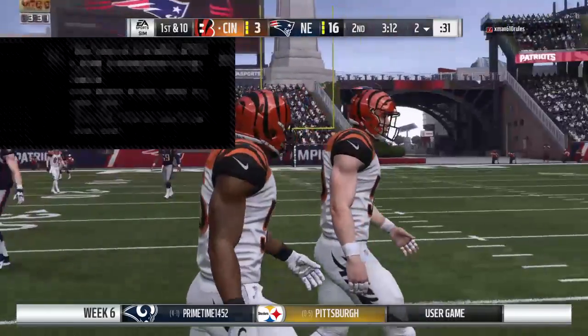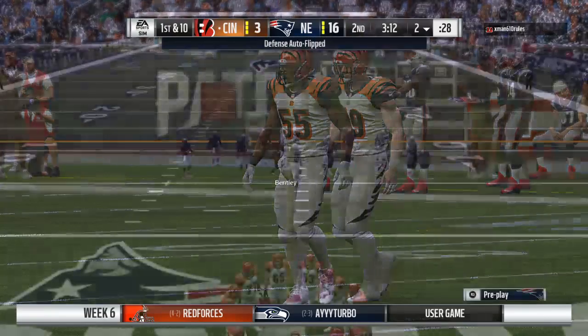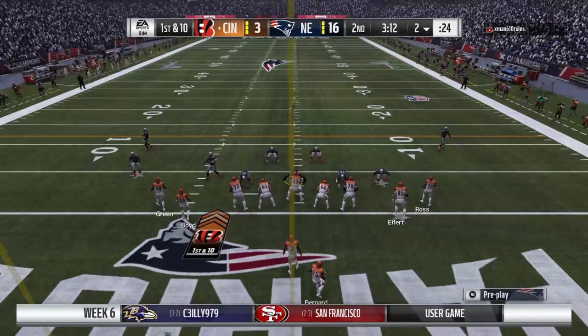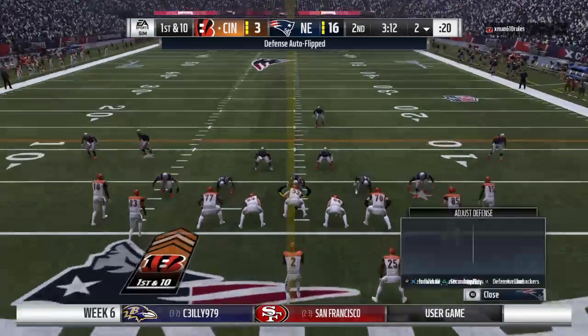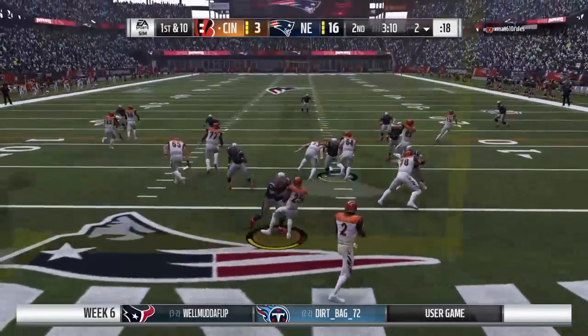And following the interception, just any interception, are you a little bit more cautious when you start that next drive, or no, you just throw that out the window? I think you are. I don't think that there's any way you can run back out there and go, totally didn't affect me. Let's just go ahead and be loose with the football again. You're going to take care of it, but you have to be...